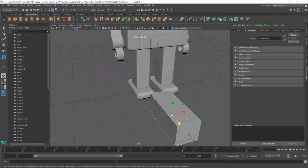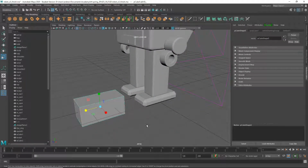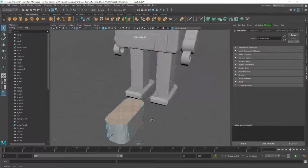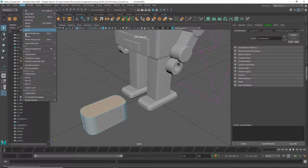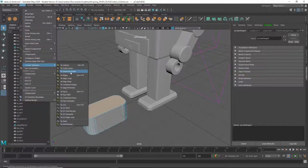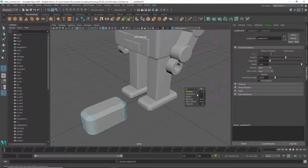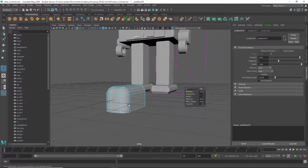I know that size isn't right, but just to get the steps, I did these ones around the sides. Control B, and then adjusted the fraction and segments on that. And then I'll take this top one and convert the selection to edges, which I can do with convert selection to edges or Control F10, and then Control B and adjust the fraction and segments on that. And then that way I got a shape that's much more like the one in the